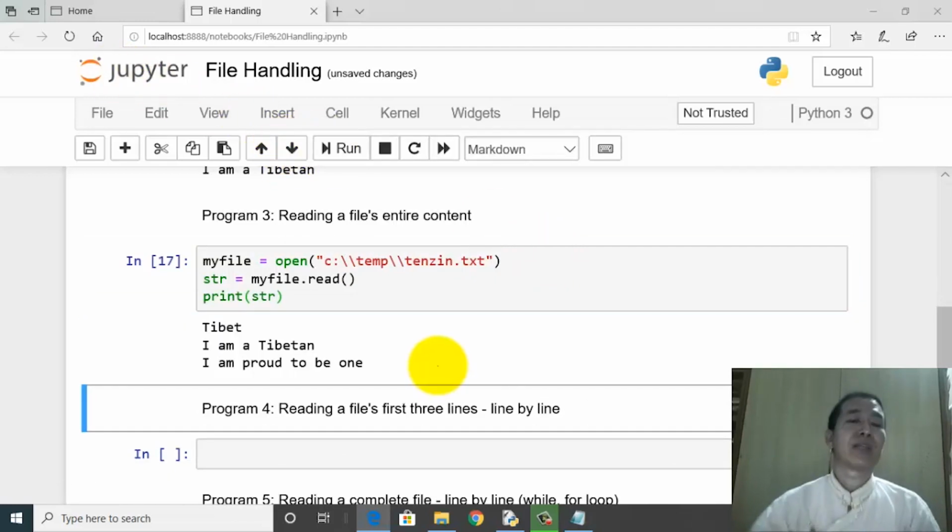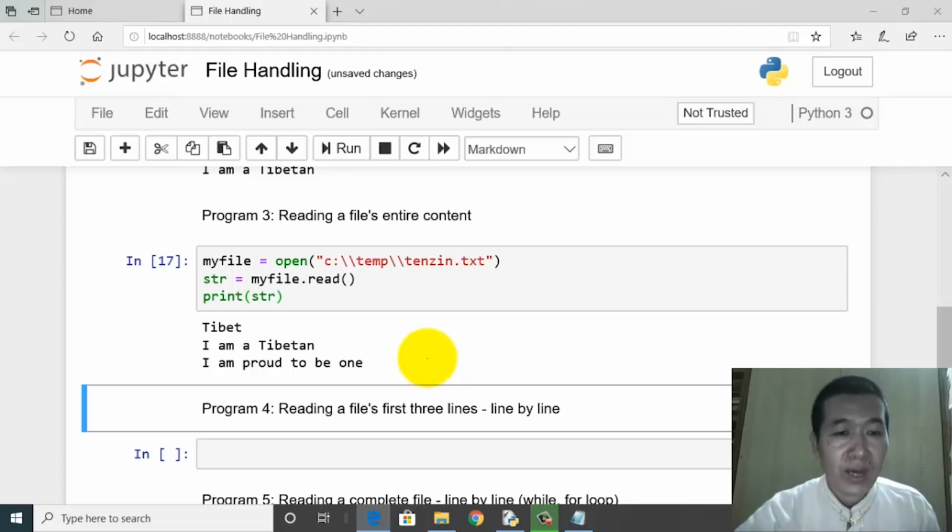Okay, so I get to see the entire content of the file. So the difference between the read with value and read without value is, if you supply a value for the read function, that number of bytes will be read. That's it. But if you do not specify any value, the entire content of the file will be read.